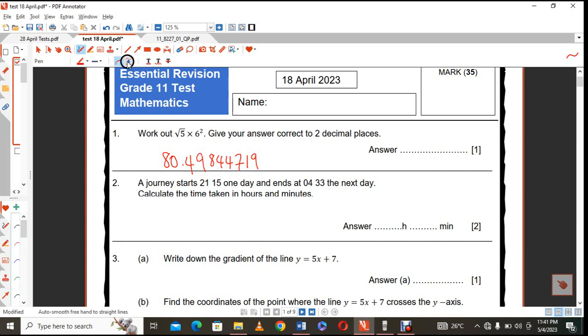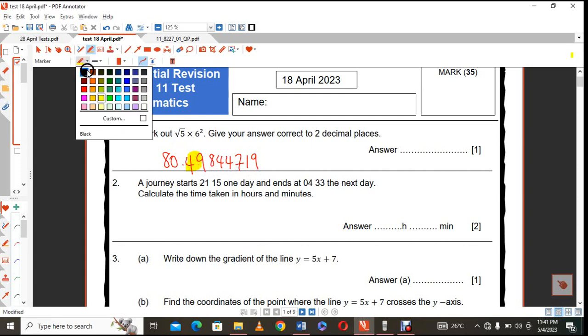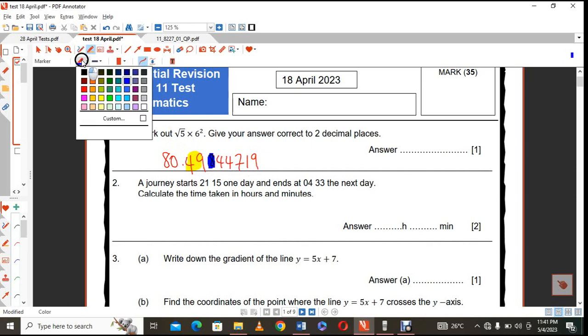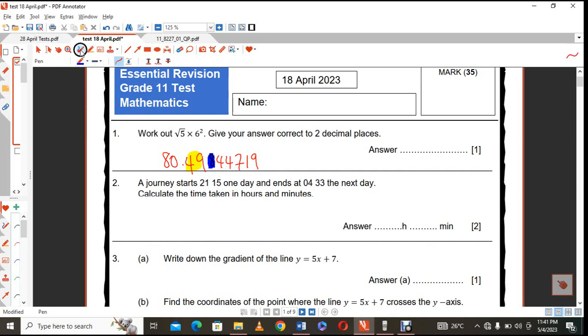80.844719. So we are supposed to give it to two decimal places, but your problem is you need to look at the third decimal value. That is the one that determines whether you're going to round up. So that makes this a 9, it's 0 hundredths, which makes that a 5 tenths. So at the end of the day, the answer is